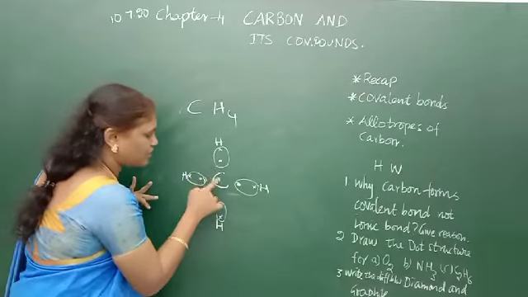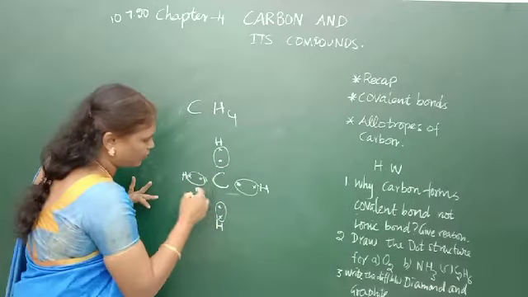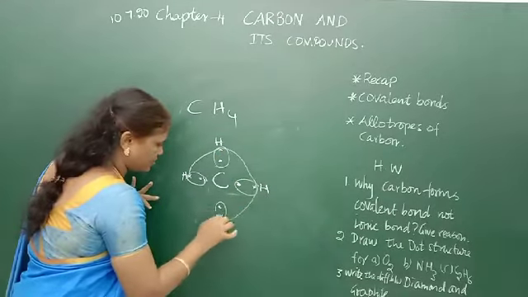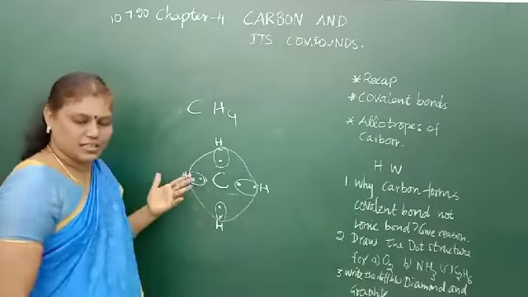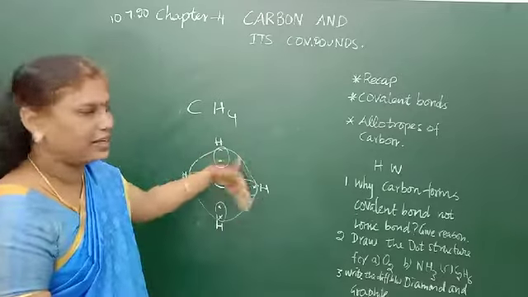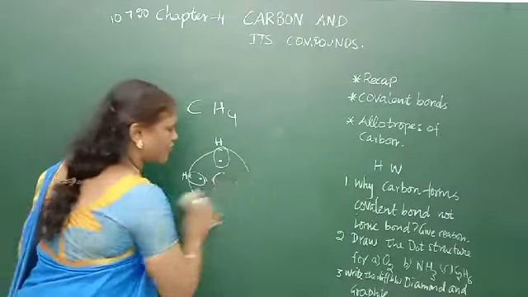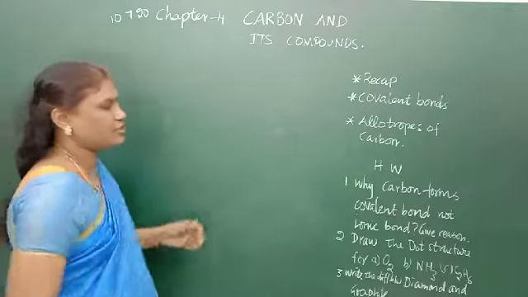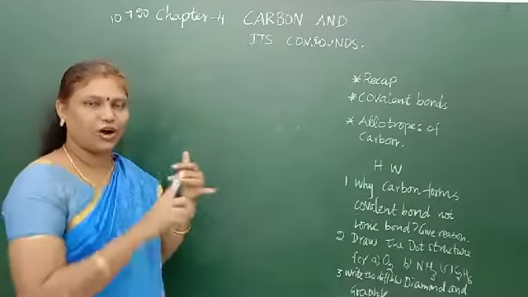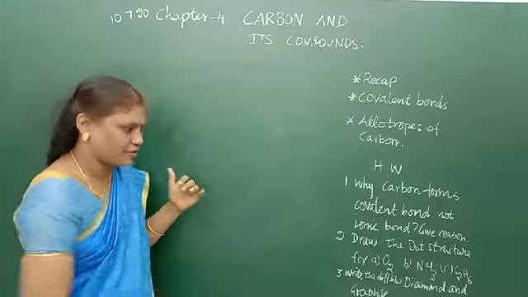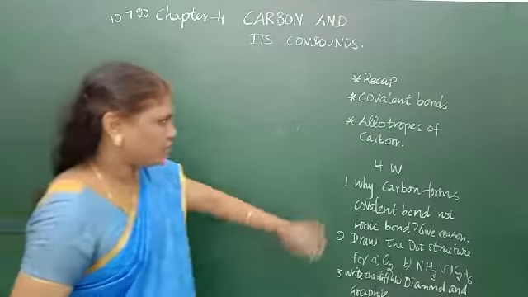This carbon, you see, it already has 4. Now altogether it becomes 8. So this is the way they share their electrons and fulfill the configuration of noble gases. So this is called a dot structure. Only the outermost electrons you should draw, and how it is sharing, according to that you have to see it. Okay, this is the thing we have seen.